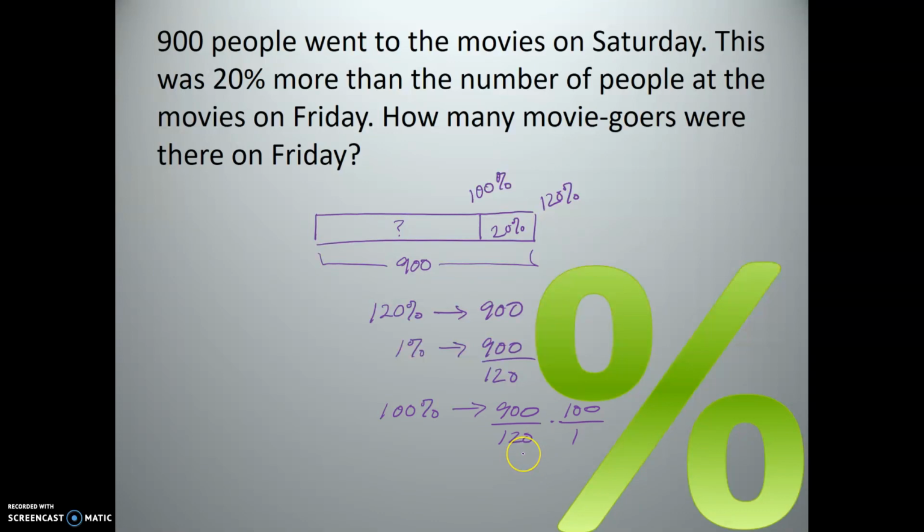And let's see, why don't we divide 120 and 100 by 20. And so we'll get 6 here, and we'll get 5 up there. And then if we divide 900 by 6, we can cross cancel here again. Divide 900 by 6, and we're going to get